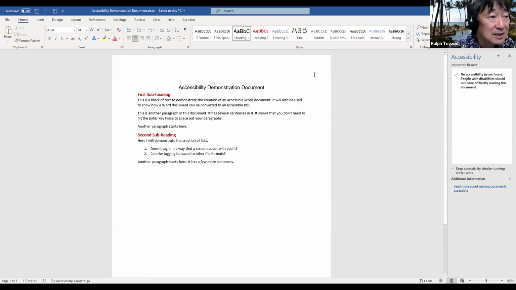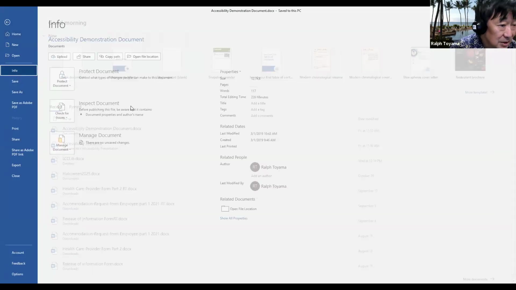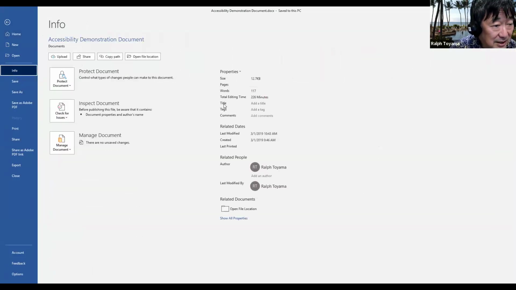It's not so bad. Also under Info, this is where you can add the title. You don't need a title for it to pass Word's accessibility test, but when you take it over into Adobe Acrobat,